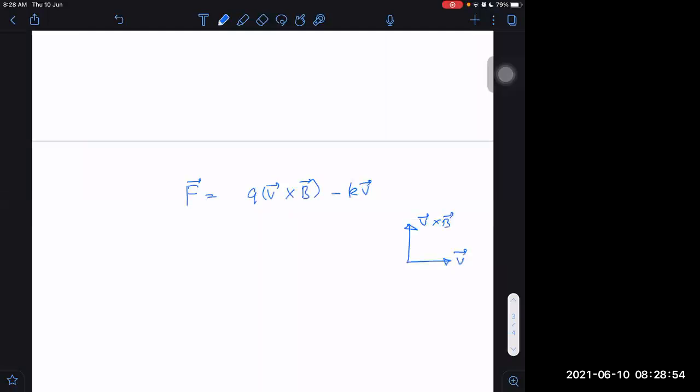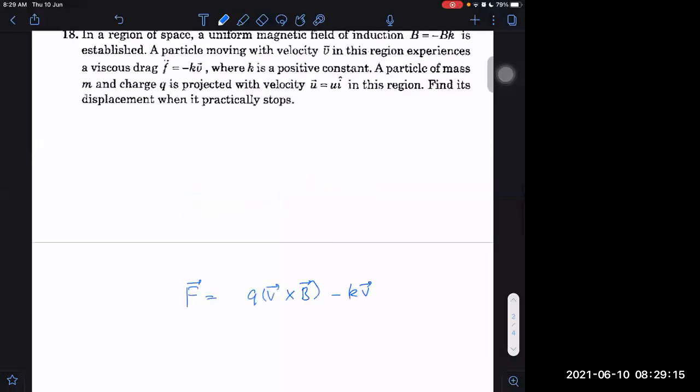And minus kV will be definitely opposite to that. Then I notice that these two forces will become perpendicular to each other. Then the resultant will be obtained by Pythagoras theorem. But actually, if we do that, then this becomes more complicated. Let me give you an easy way. What do we want to find? Displacement, right? And this is now a very surprising and good method, that we don't have to even do that.